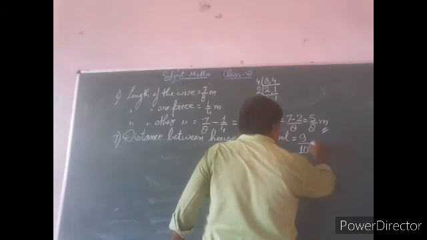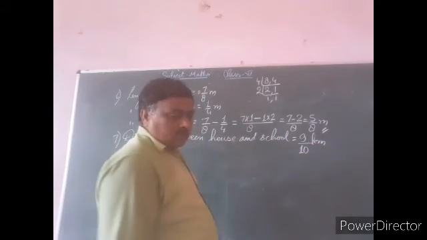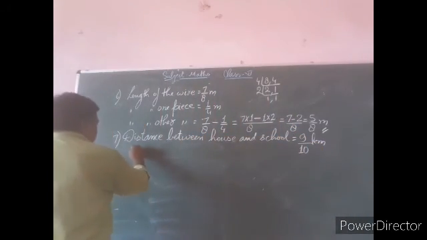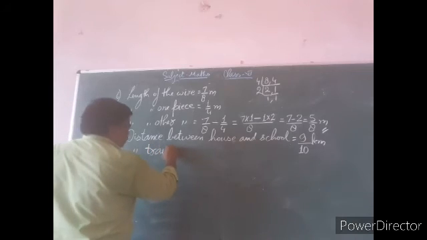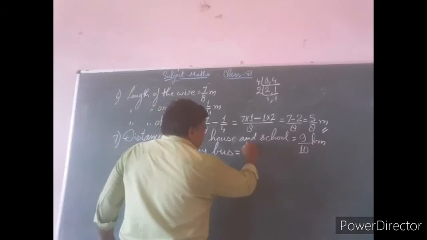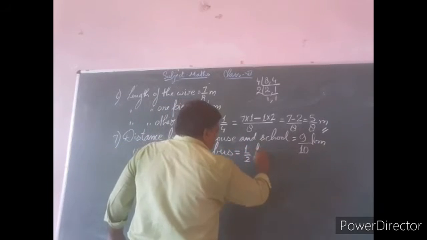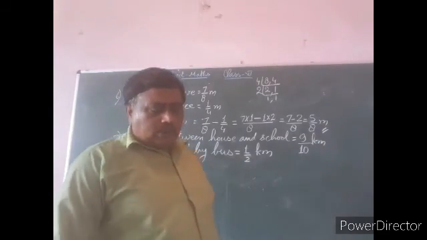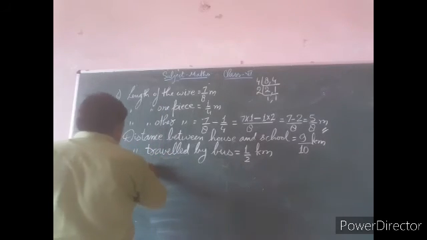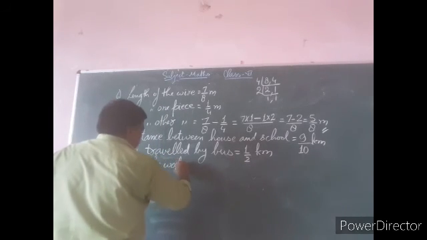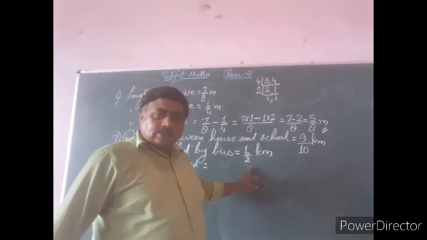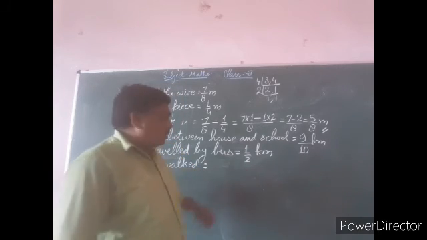Now distance traveled by bus, it is given 1/2 kilometer. Now distance she walked. So total distance minus distance traveled by bus, it is